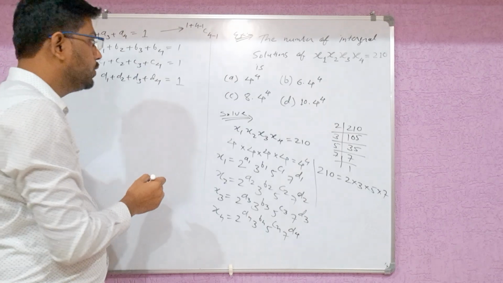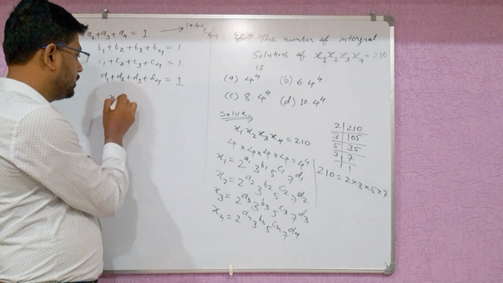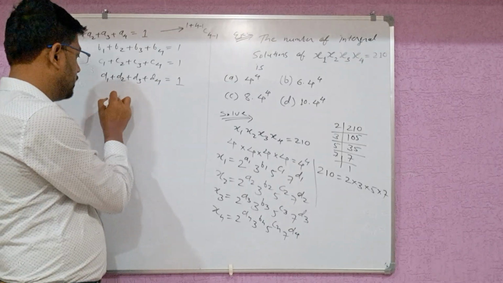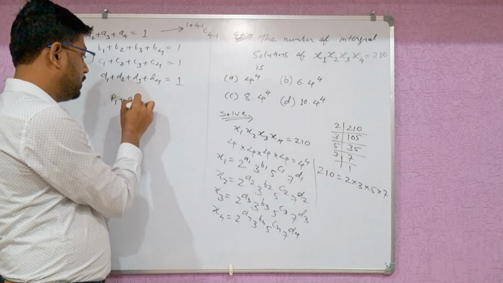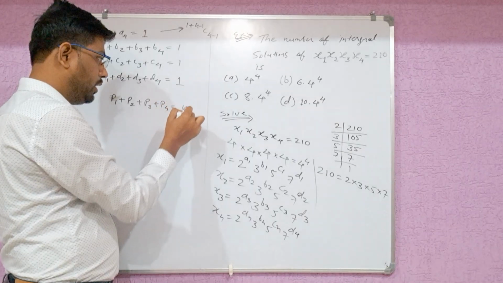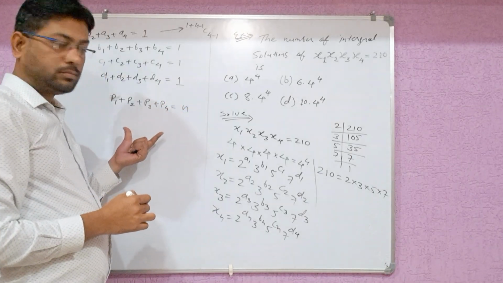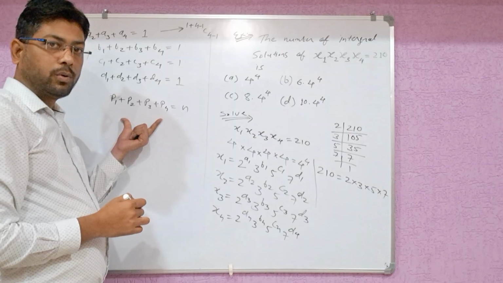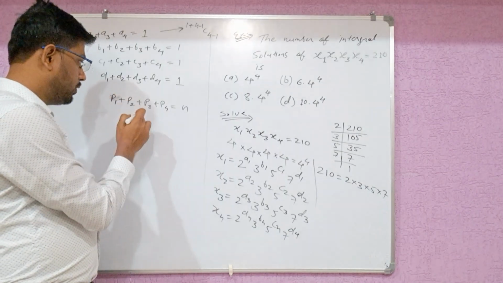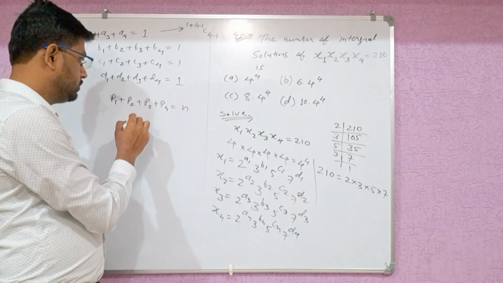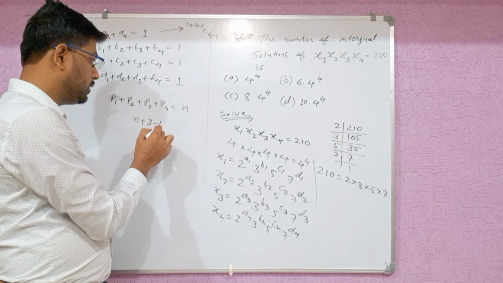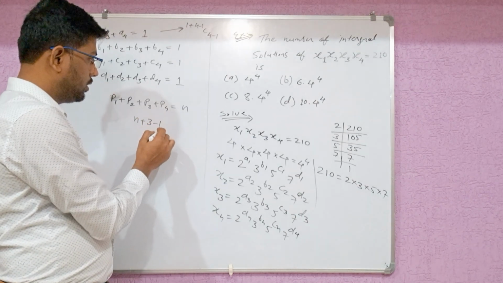Because I know the solution of the equation P1 plus P2 plus P3 plus P4 is equal to n. If I want to find the number of positive or non-negative solutions of this equation, that will be n plus the number of variables here, that is 4, minus 1 C